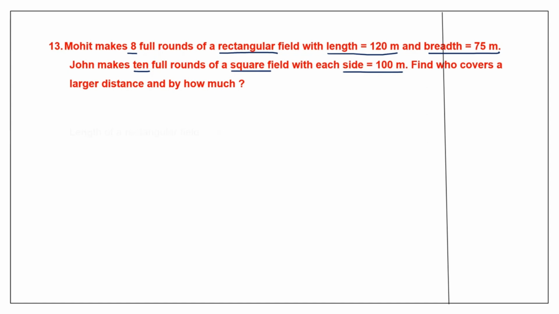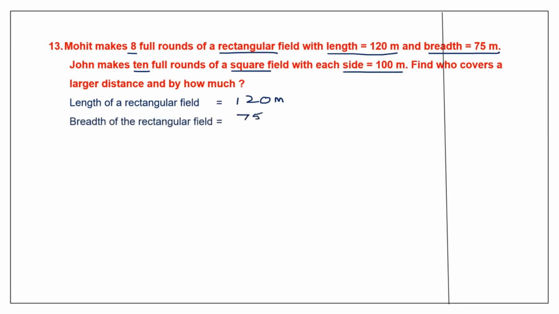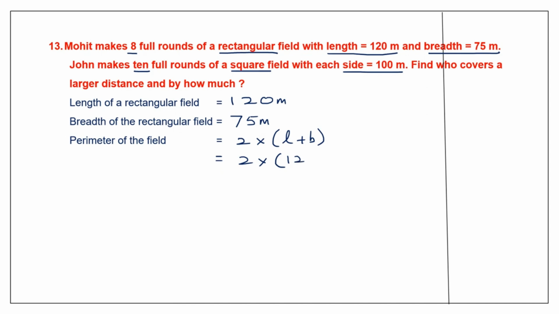So let's begin. The length of a rectangular field is given to us as 120 meters. The breadth of the field is 75 meters. Now, the perimeter of the field, because we're talking about full rounds, we're talking about the boundary. So the perimeter will be 2 into (length plus breadth), which is 2 into (120 meters plus